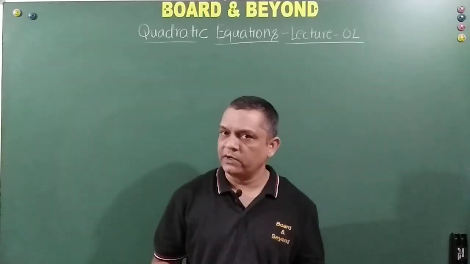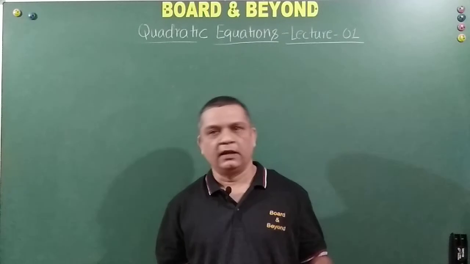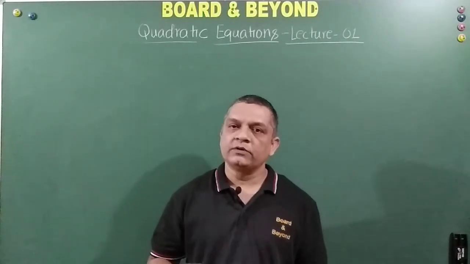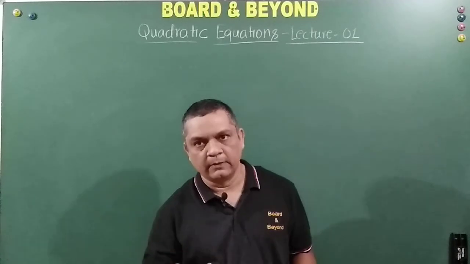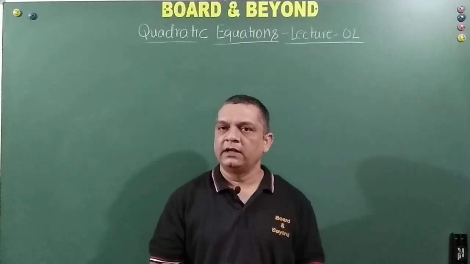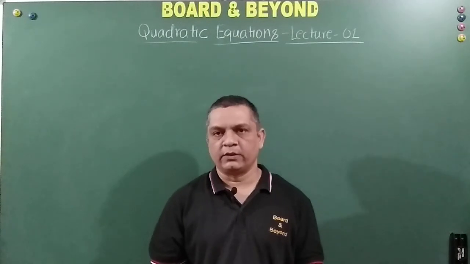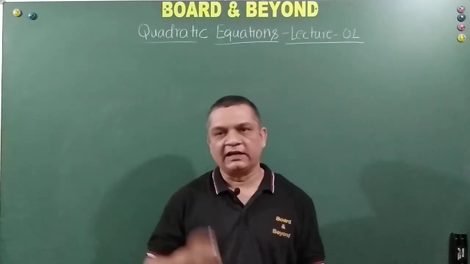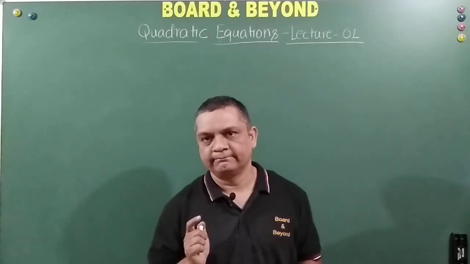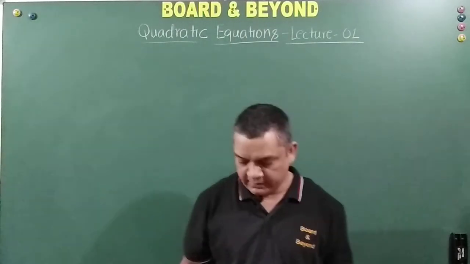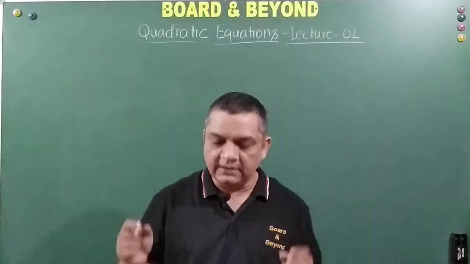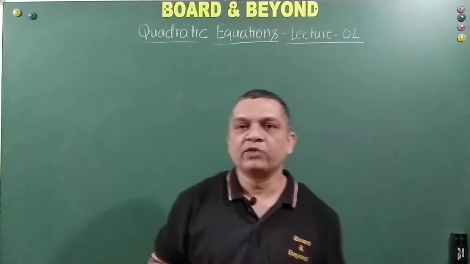We have all seen quadratic polynomials in the last chapter, and a quadratic equation is when a quadratic polynomial is equated to a constant or a variable. That becomes a quadratic equation, right friends? But ultimately to solve it, it has to be equated to a constant. So let us first try to understand this mathematically. What do we mean by this?